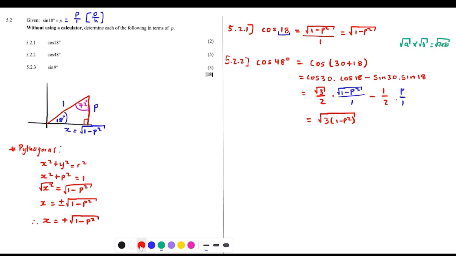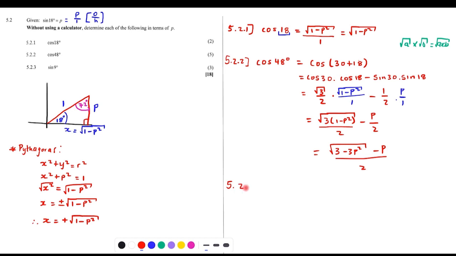Over, now 2 times 1 is going to be 2, minus 1 times p is going to be p, 2 times 1 is going to be 2. Same denominator, so I'm going to add the numerators. So we get square root 3 minus 3p squared minus p, all divided by 2, because they both have the same denominator. Alright, let's look at the last one,